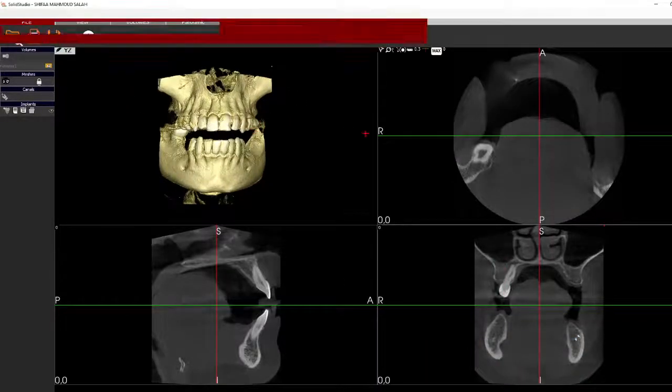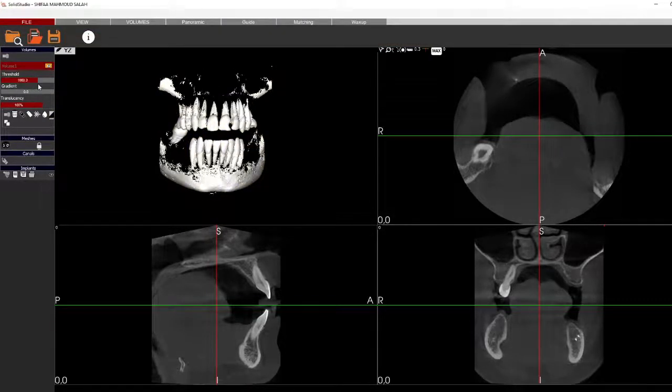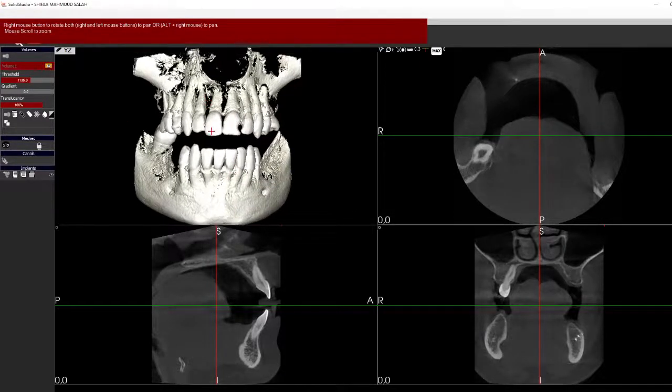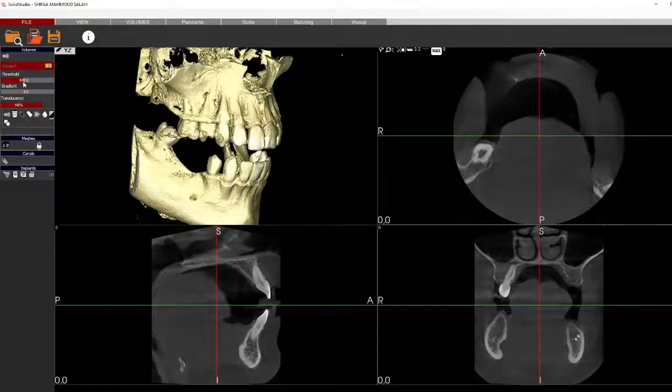As you can see, this is the case as we opened it in the previous videos. Now one volume will appear on the left side. This is the main volume. You can change the threshold to see the different structures, but as you can see, they are not separated. So the first thing we need to do is to